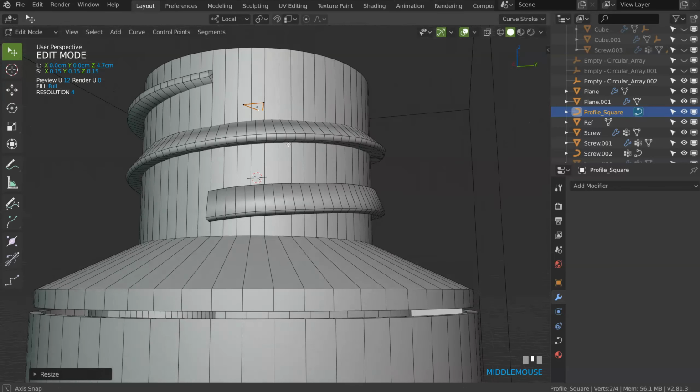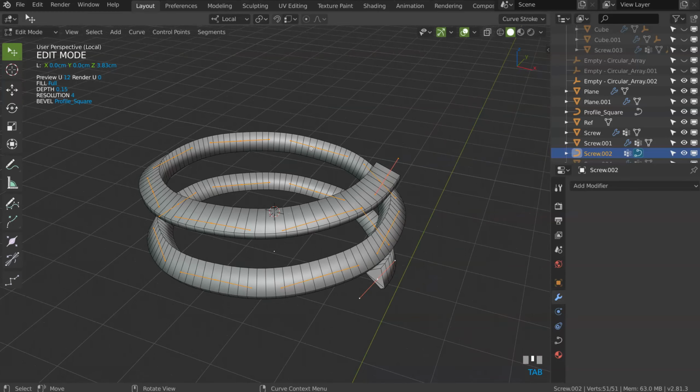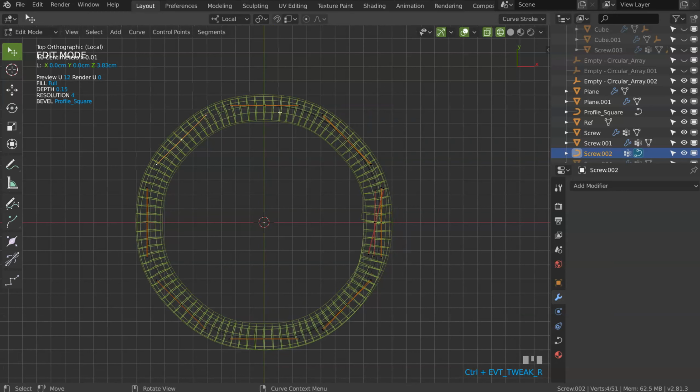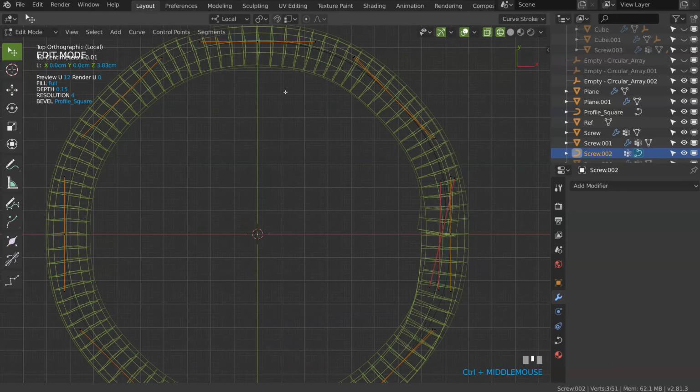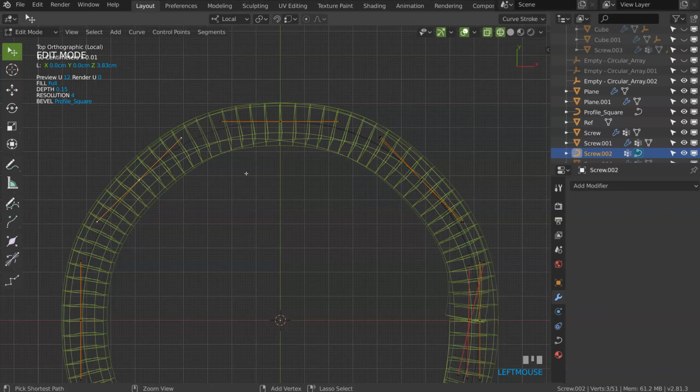Okay, so what I will do now is align all of this. I will come here, go into edit mode, and go into top view. I will activate the wireframe and select, let's see, one by one in fact. Up, let's select this one, press Ctrl T to, as you can see, make something like that. That will work. Up, Ctrl T to make it like that. Select the other one, Ctrl T to make it like that.